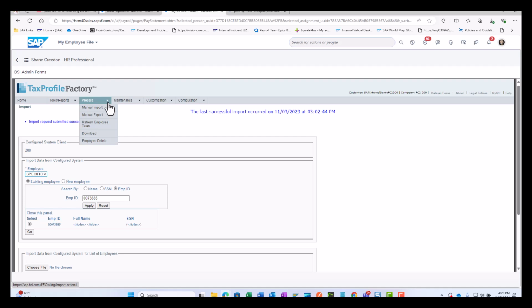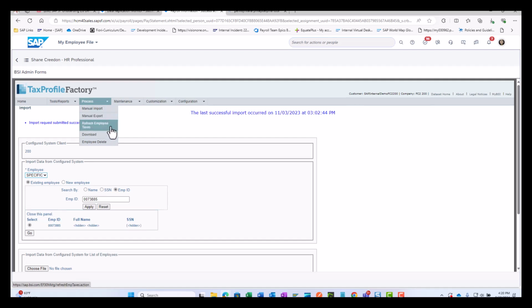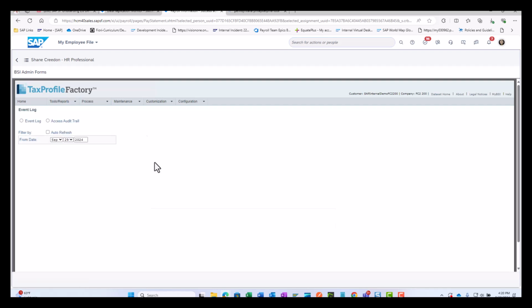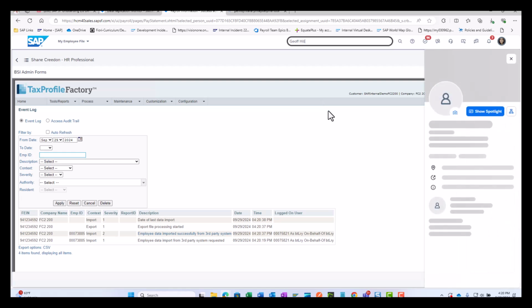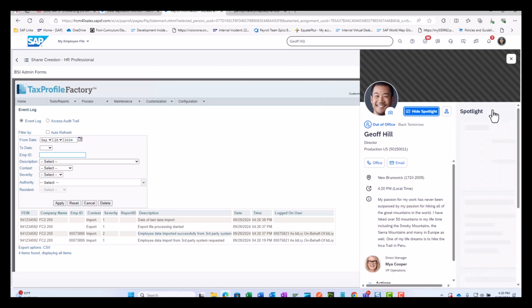last import request has been successfully scheduled. Let's go and see the log, whether it's been created or not. Yeah, here is the event log. As you can see in the bottom, 73885 employee has been successfully replicated. So now we should be able to see the forms because the data from the payroll system has come back to the BSI. Now if you go to the Jeff Hill